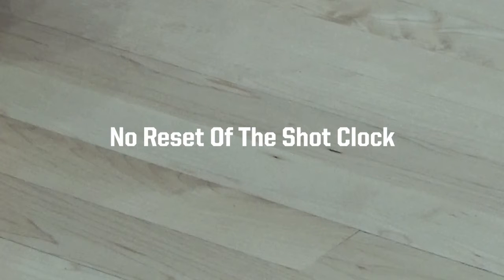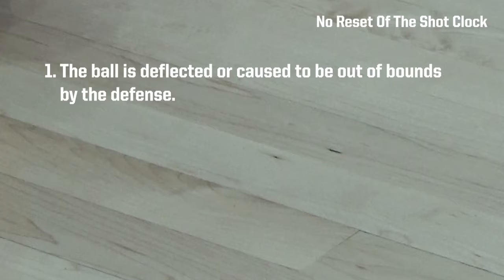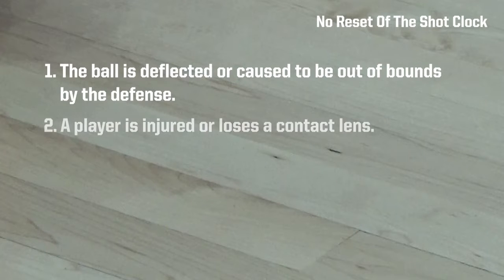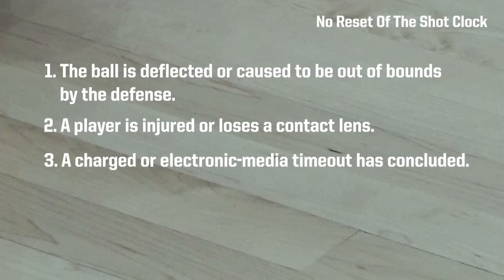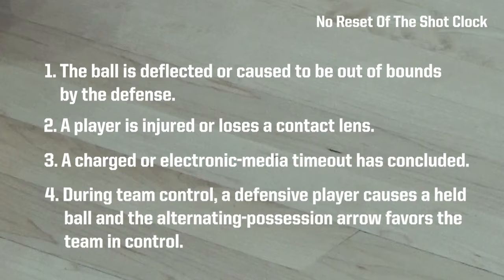There will still be situations when the shot clock will not be reset in the front court. Here are a few examples. 1. The ball is deflected or caused to be out of bounds by the defense. 2. A player is injured or loses a contact lens. 3. A charged or electronic media timeout has concluded. 4. During team control, a defensive player causes a held ball, and the alternating possession arrow favors the team in